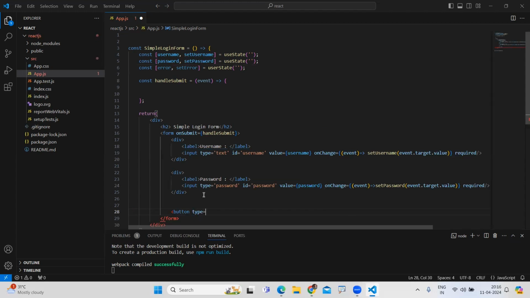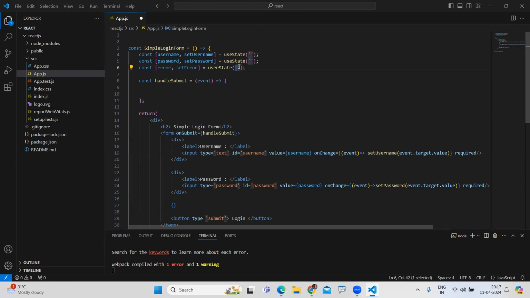Type is a submit button because it will submit the information. What is the button name? It is a login button. Login will show. But in between, one error message I'm writing. Sir, what is that error? In case, of course, if it is empty, okay. But in case you set any error,